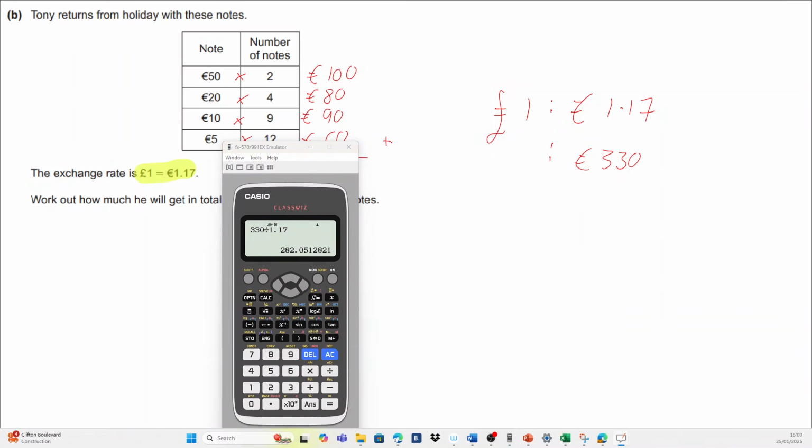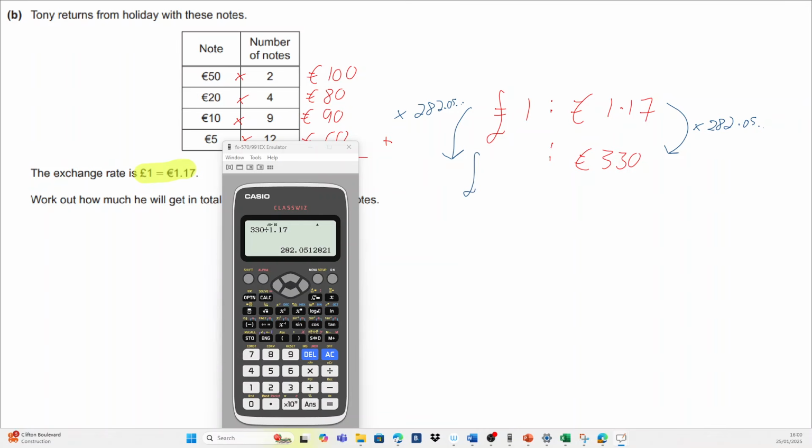So we're timesing up. If you times 1.17 by 282.05, blah, blah, you're going to get to 330. Do the same thing over here. Times this number by 282.05, dot, dot, dot. So actually, if you just go and do 1 times this number, if you round it, let's check the answer here as well, 8b, you're just going to be getting,